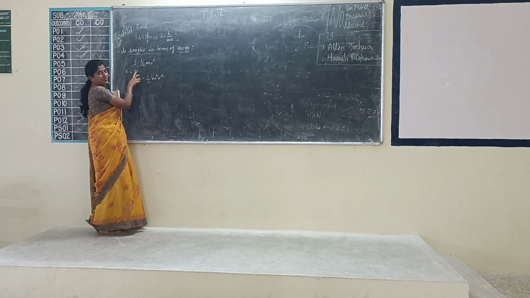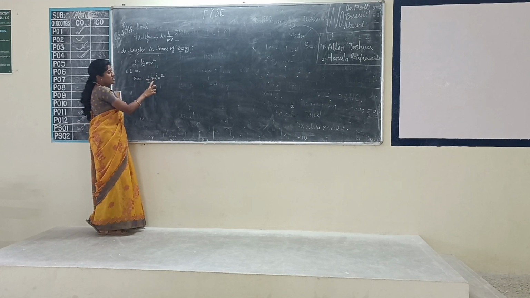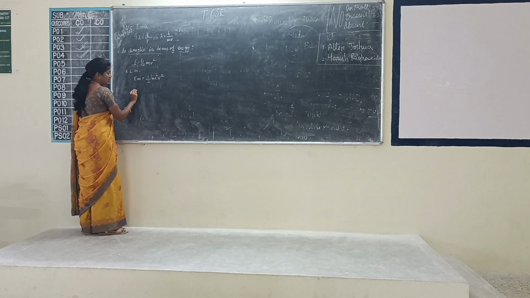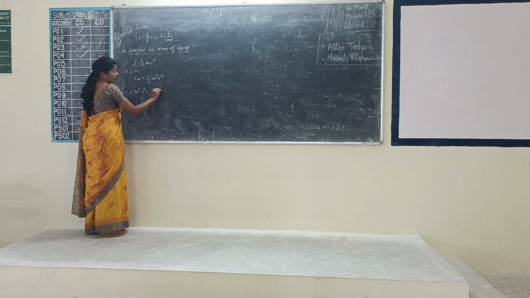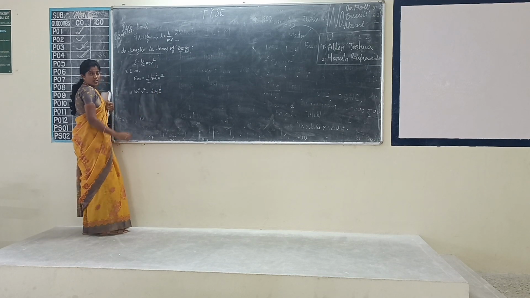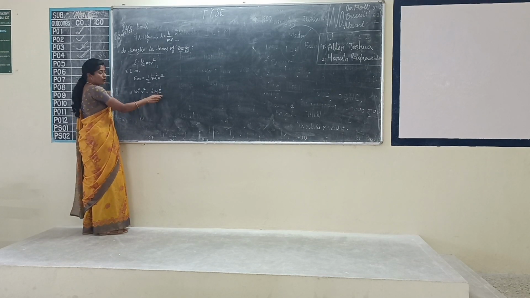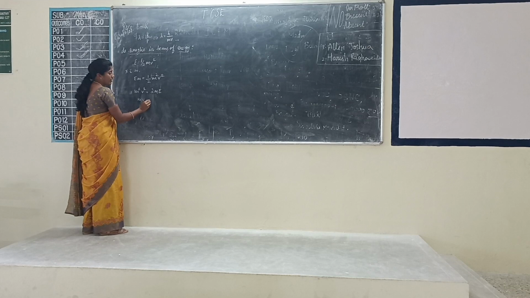Multiplying this equation with m. So left hand side Em is equal to right hand side half m. Already one m is present, so m square into v square. So m square v square is equal to 2mE. Am I right? So m square v square is equal to 2mE. What is the value of mv? Root of